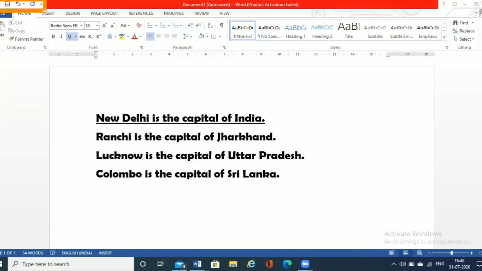The undo button basically allows you to undo or reverse the effect of the last command. If you have done something and you want it back to its position, or you want to reverse your action, then you will use the undo command.